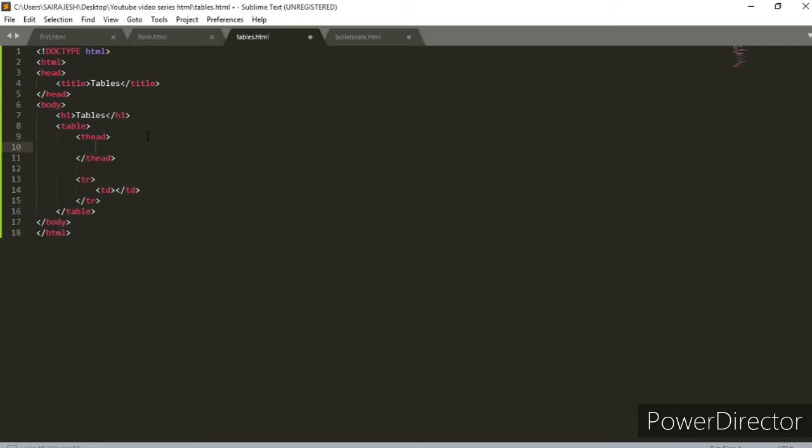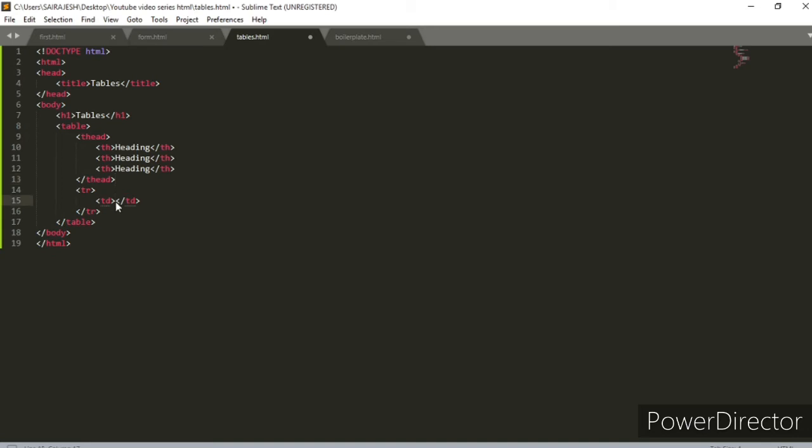So you have thead, and the same way you have another tag called th, which is the table heading element as such. So here you can have heading. So I'll copy this thrice. Okay, so I made a mistake there. Yeah, perfect. So in the same way, you have table rows, and td is the table data as such.